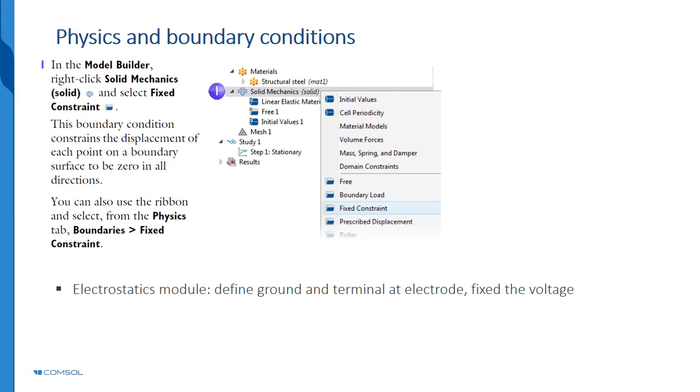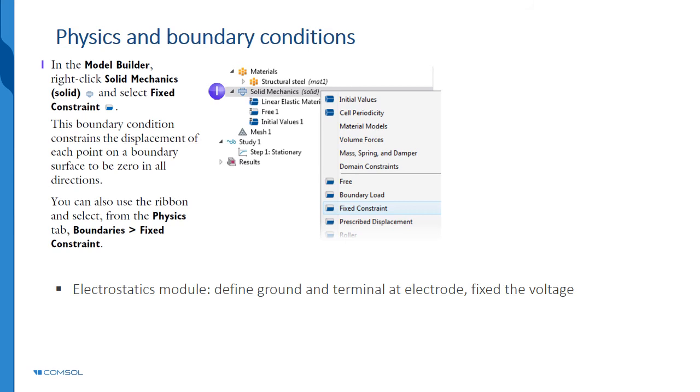The first one is solid mechanics, and the second one is electrostatics. Solid mechanics can calculate the deformations due to mechanical loadings. For example, if you put a force on top of the structure,